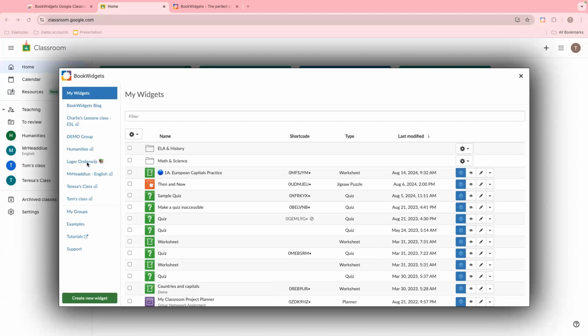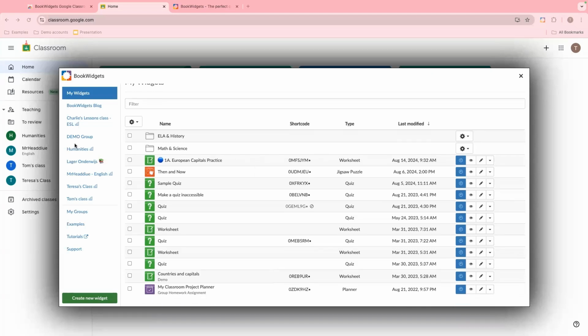I can see all of my groups that I belong to. You'll notice, for those of you that use BookWidgets through the web, that we don't have that top navigation ribbon. You don't need it right now because you're focused entirely on selecting widgets and adding them to your Google Classroom class, okay? When it comes to the add-on, so this is through the extension, to be able to navigate,